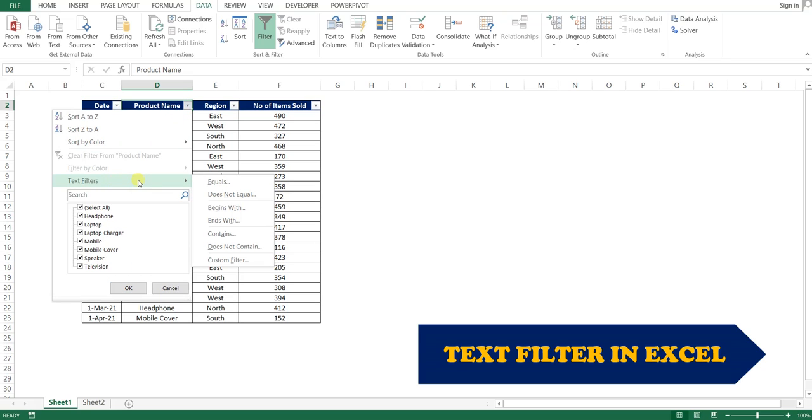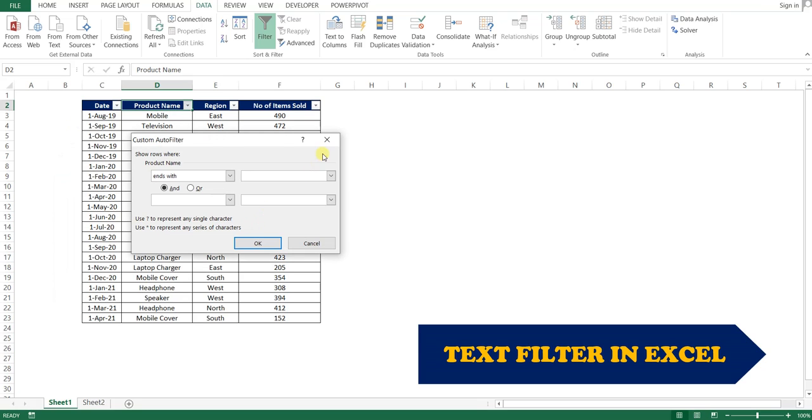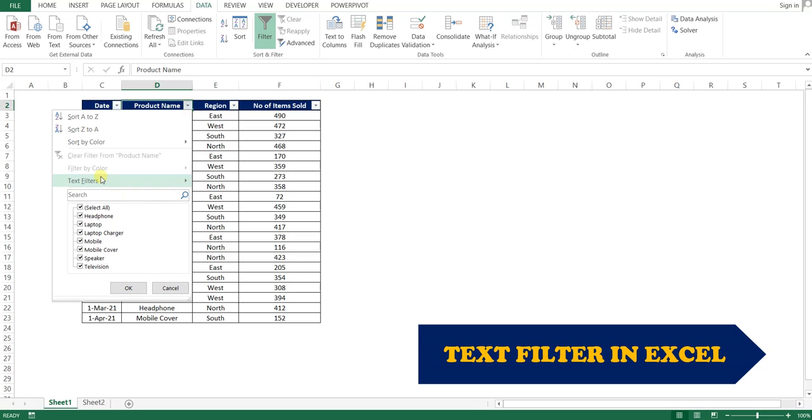Under text filters there are various categories: we can filter the text based on a value which equals the input value, does not equal the input value, begins with the input value, ends with the input value, contains the input value, does not contain the input value, and the last option is Custom Filter. I will explain all these options one by one.